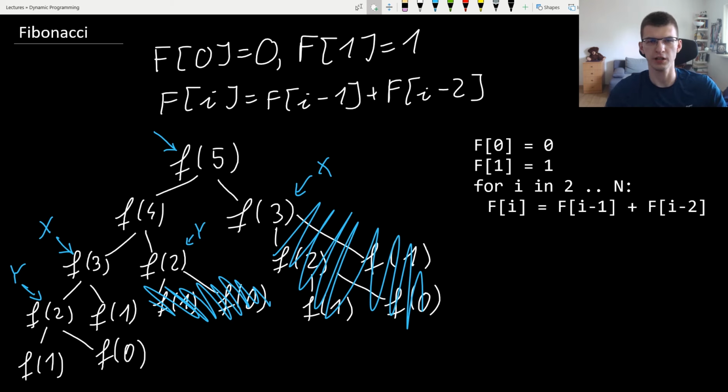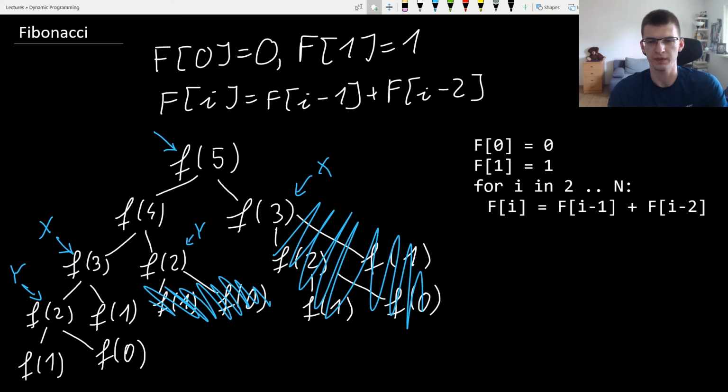Because the n-th Fibonacci number needs the values of the n-2 and n-1 Fibonacci numbers, those need previous numbers and so on, we anyway need to compute all the values up to n. This is why we just iterate through them and compute each of them in constant time using two previous values. The order that we go, from i equal to 2 to n, is very important in iterative dynamic programming. Sometimes it's not that trivial, but once the order is chosen and some array, some state, here the state is just i,